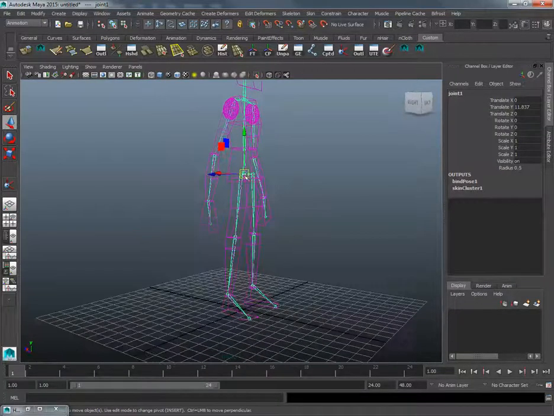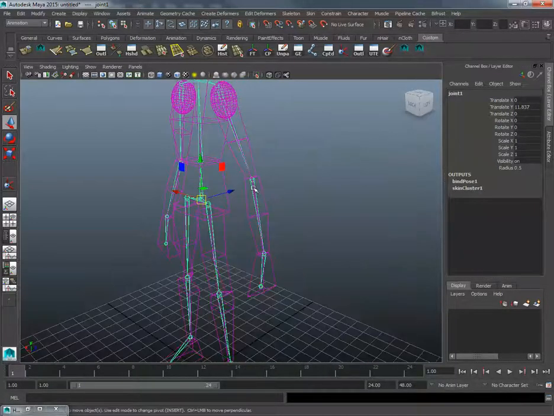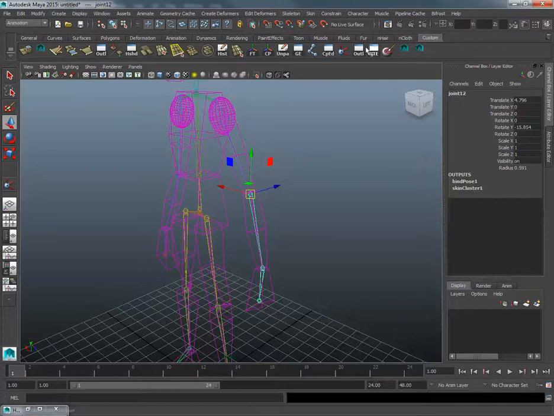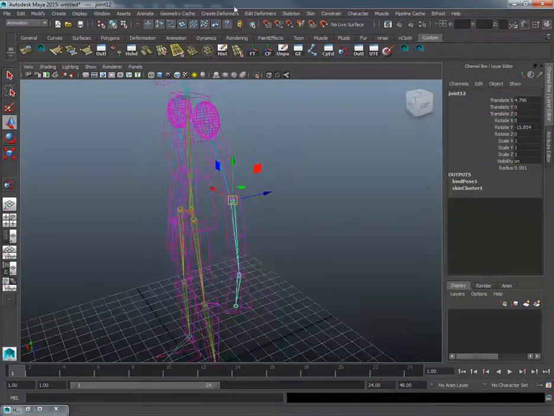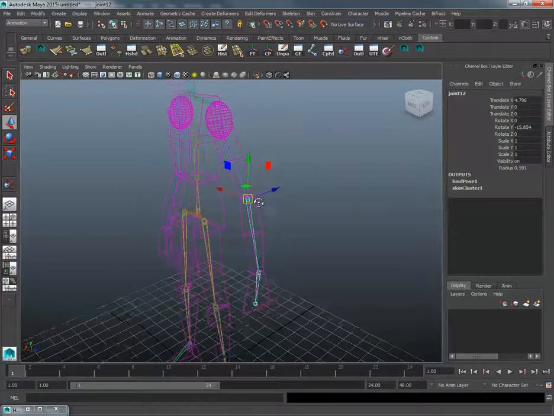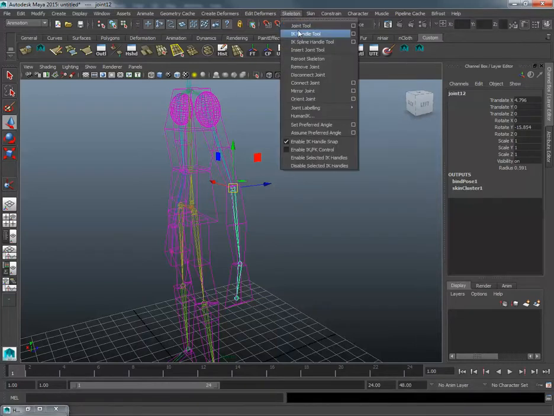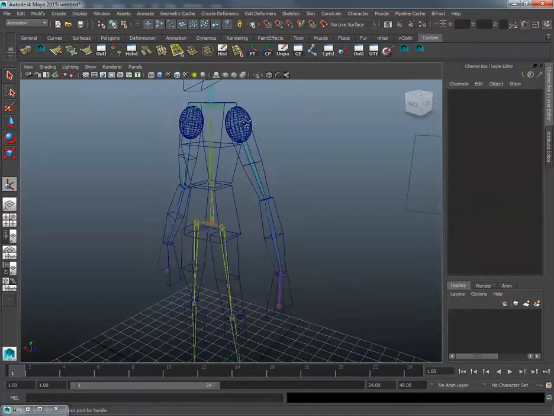So I want to undo that, and I want to set the preferred angle. Now each joint has an angle that it prefers, and that means when I go to the IK handle tool, the IK handle tool will use the preferred angle of the joint. If this preferred angle isn't the one that it's in, it will snap to it when you apply the IK handle tool. So I'm going to go to skeleton, IK handle tool, going to click on a shoulder,